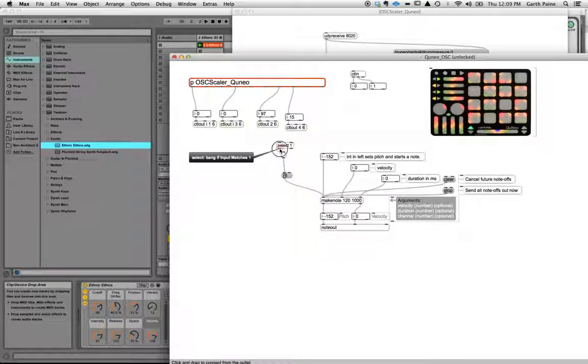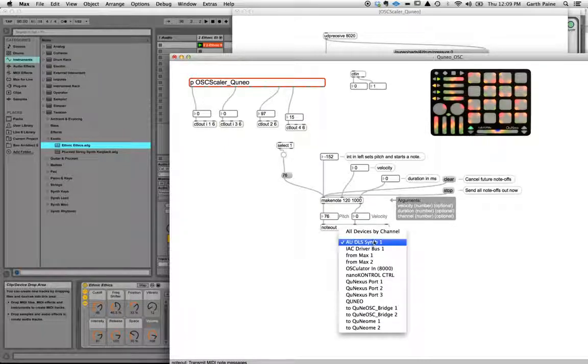And when that's 1, we will send MIDI note number 79. And that will basically act exactly as that pitch is. So here you're making a note with a velocity and a duration, sending that out to make note, sending make note to an appropriate place,